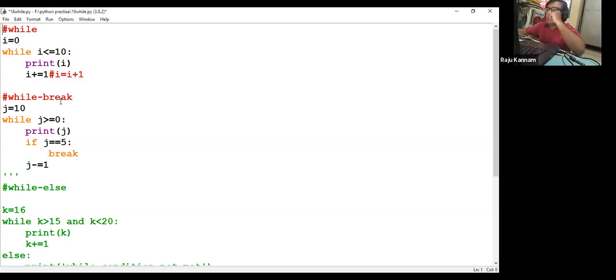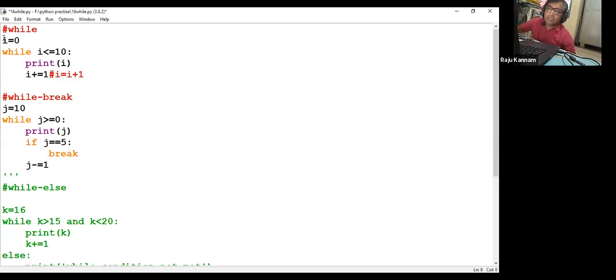Now, while with break. What is the keyword break? If you want to break the loop at any time, you can mention this keyword. If you write break, irrespective of the corresponding count value, it will directly come out of that particular loop. Now here I am taking the reverse.